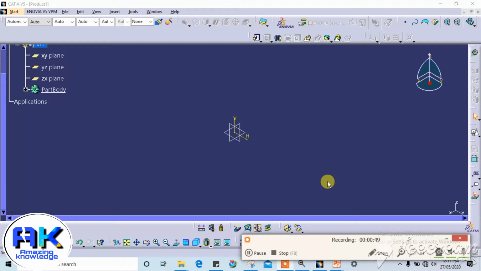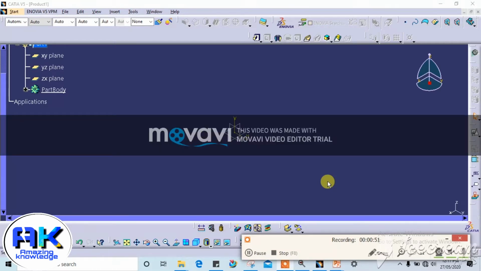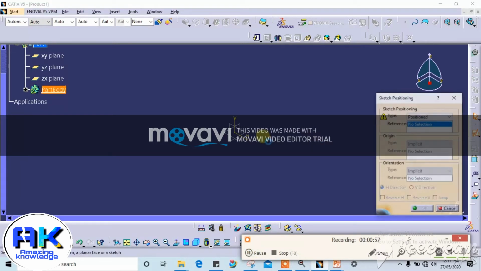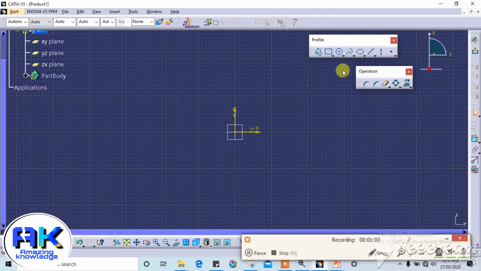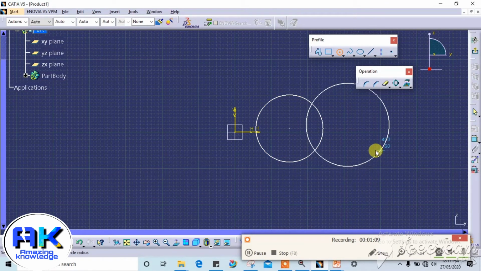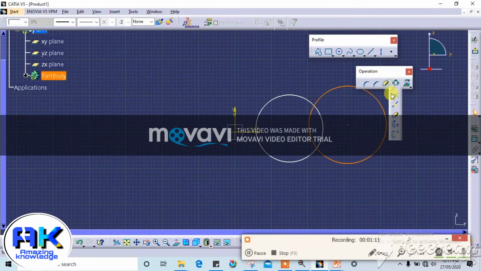The trim tool helps us to remove unwanted sections or portions of sketches. So let's see. I draw here two circles and use trim. Look.